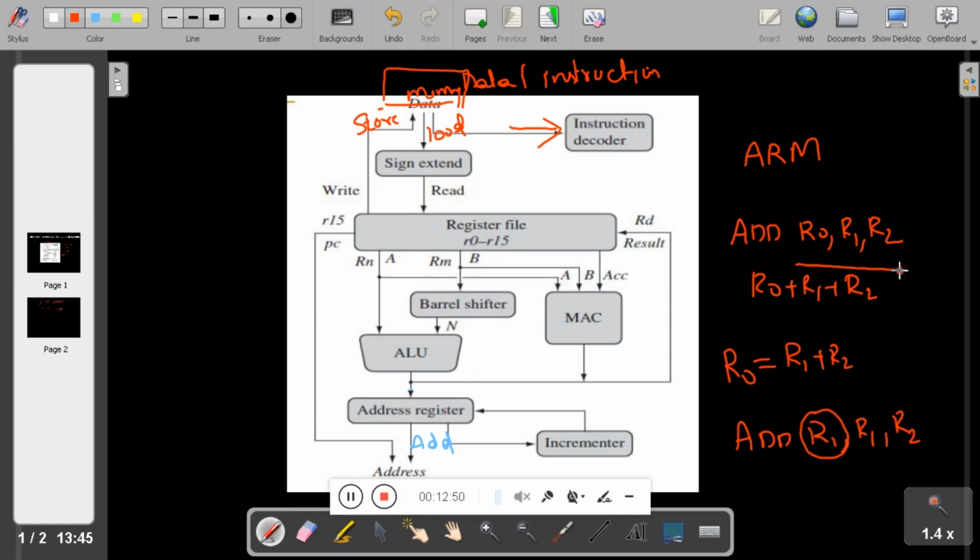It doesn't mean that you are going to add 3 registers at a time, because it will not allow you to add 3 registers.